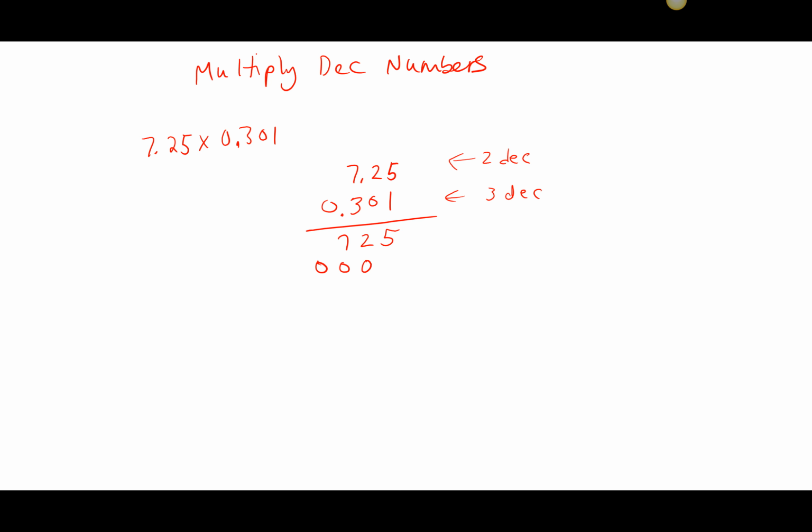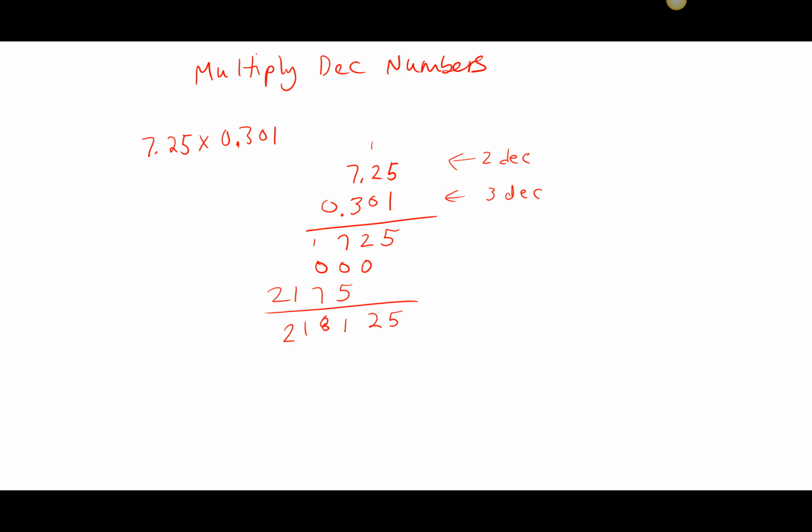Now remember, when you multiply, after you do the first one lined up to here, the second one you move it over 1. The third one you're going to move over again. 3 times 5 is 15, carry your 1. 3 times 2 is 6, that'll be 7. And 3 times 7 is 21. And then you add it all up, and you end up with 5, 2, 11, carry your 1, 8,